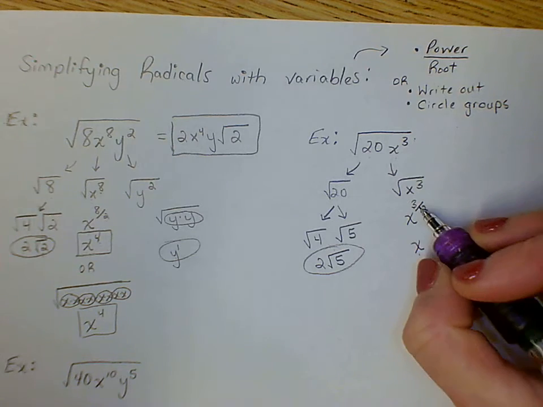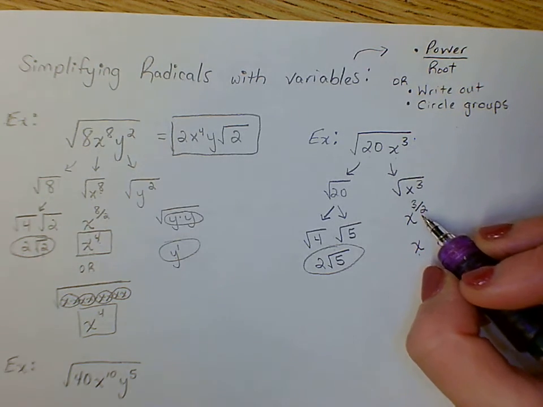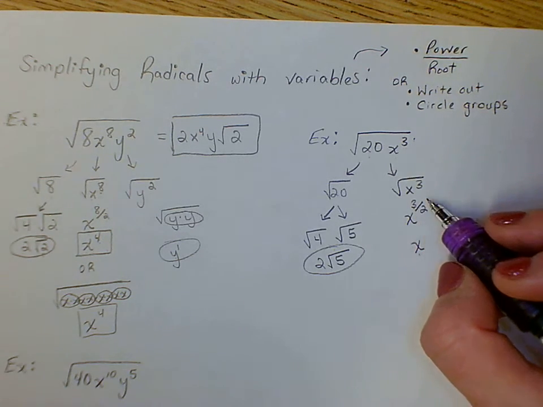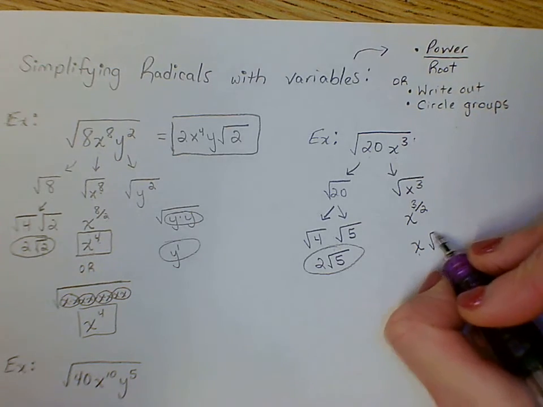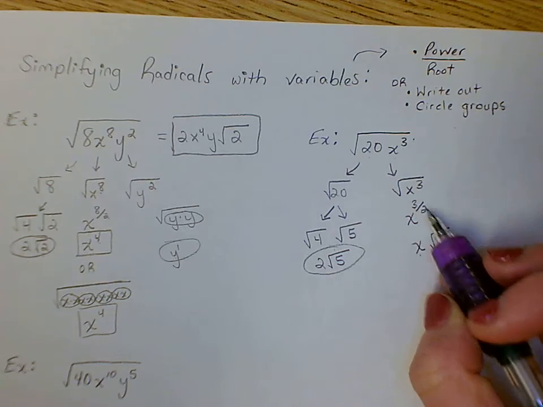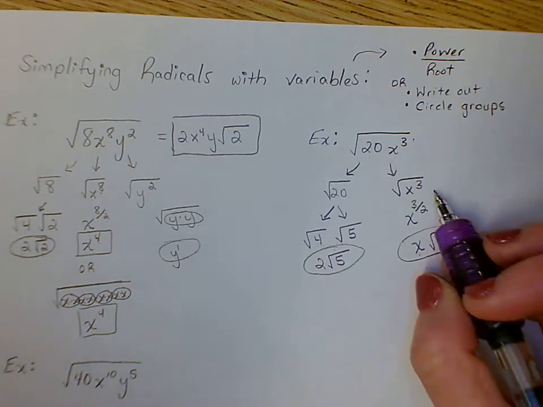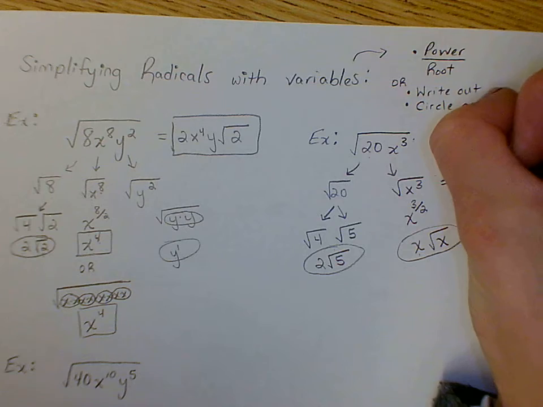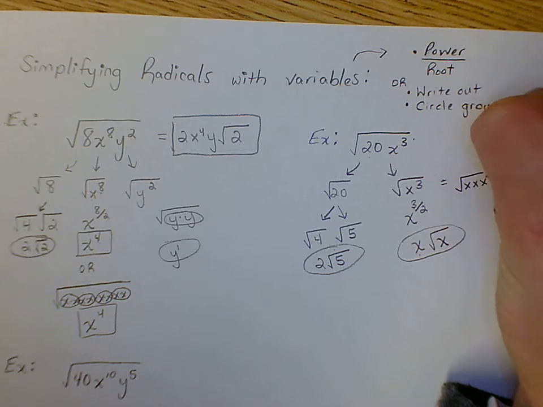And then however many you have remaining, like if I divide 2 into that, I'm going to have 1 left over. That's actually how many x's stay underneath the radical, okay? So if you're doing power over root, that's how that works. If you were to write this out and do it that way, you'd end up with 3 x's underneath the